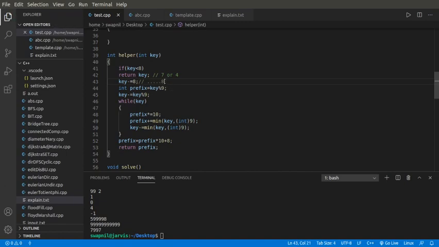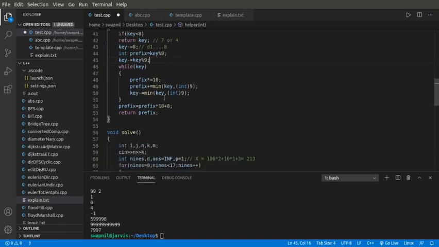So first I have subtracted 8 from the sum of digits. Now my prefix will be left over with some set of nines, right? So I'll just remove the sum of all the nines. And how can I remove the sum of all the nines? I'll have the term d1. My d1 will be given by nothing but key mod 9, where key mod 9 is omitting all the sum of nines over here, and 8 is already omitted. Now I'll just remove k mod 9 from my key.